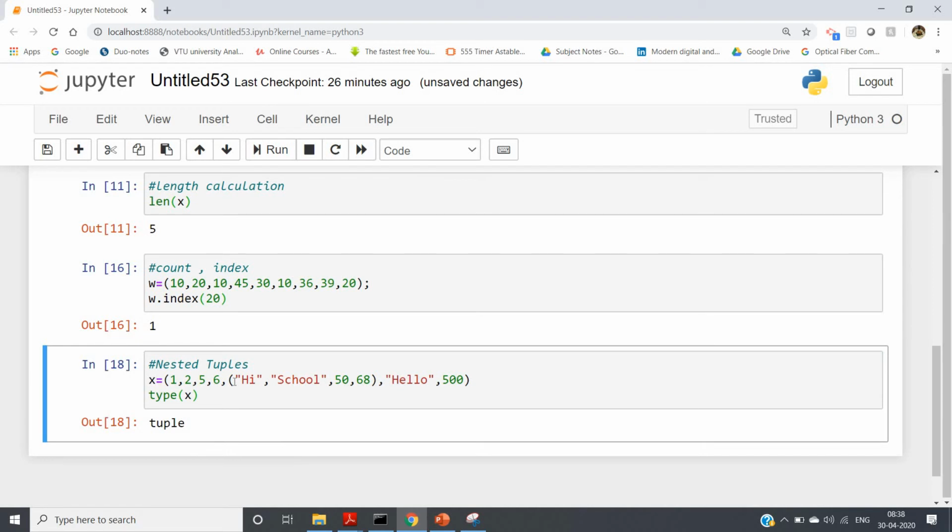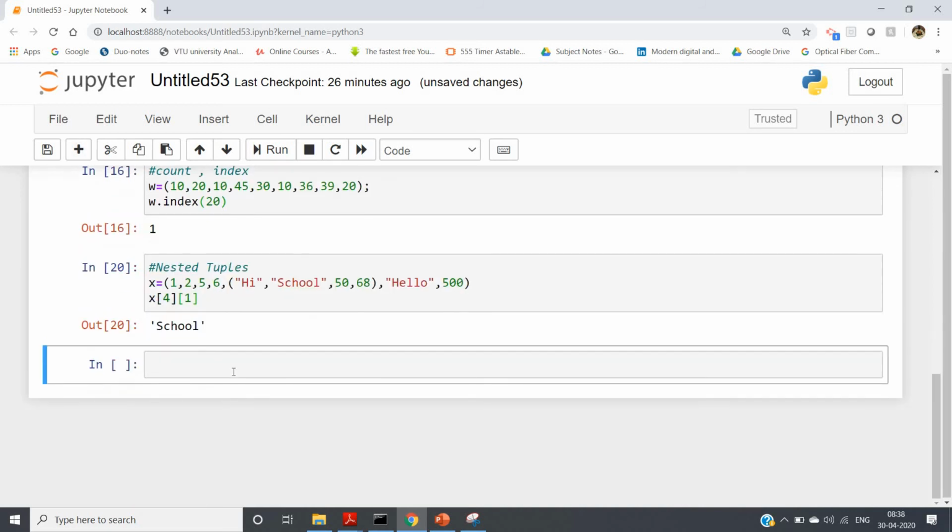See, this is tuple. Now suppose I want to extract this particular tuple, what we can do, we have to give the index. So this is 0, this is 1, this is 2, this is 3, this is 4. So we can write x of 4. Okay, and then x of 4, if you run, we'll be getting this inner tuple, and in the inner tuple suppose I want to extract school. So what we'll do, we'll give one more indexing, like same like nested list. School is having index what, 1 in the inner tuple, right? So if you write 1 and run, so you'll be getting school. Like that we can use nested tuple concept.